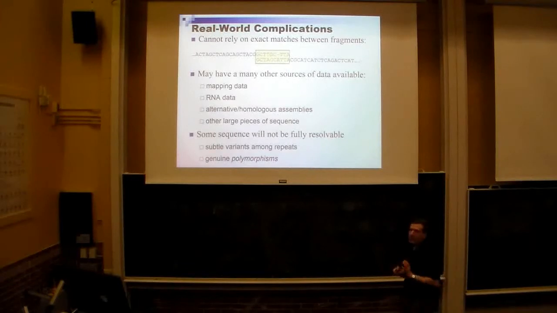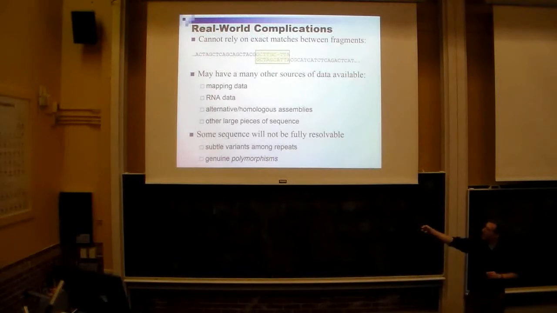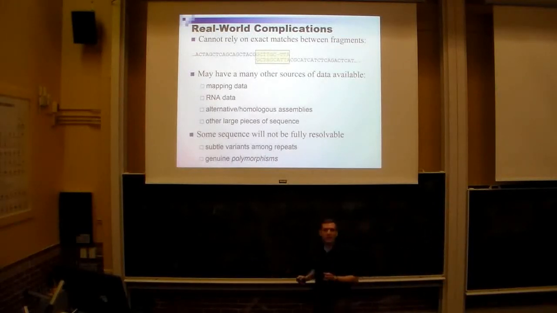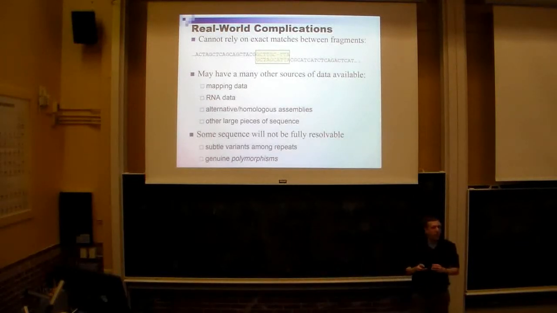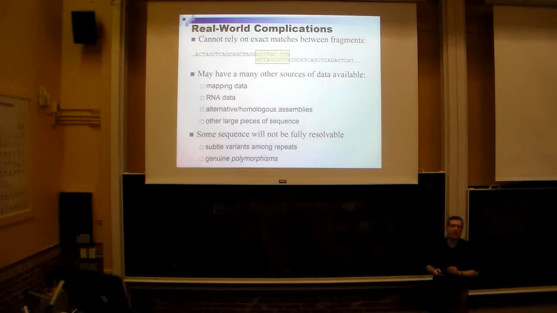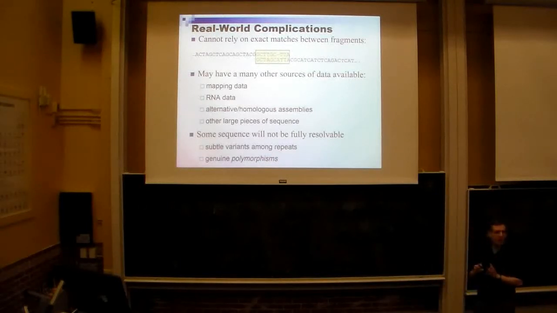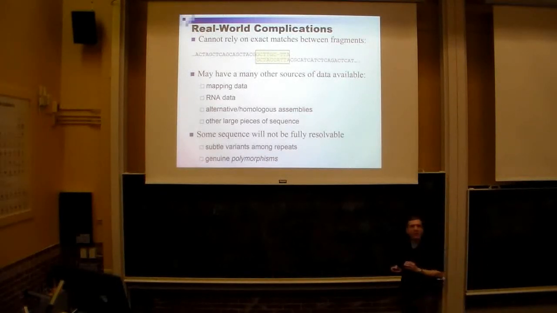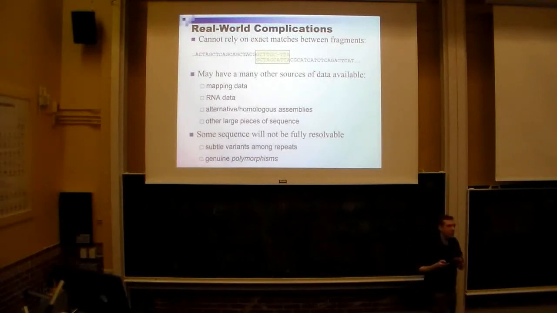And even at the end, even if you do everything correctly, you've filled in every part of your genome, you'll still have some things that are not entirely resolved. Repetitive regions are going to remain hard to resolve. Even a very well-studied genome like the human genome, we haven't completely assembled what's going on in repetitive regions, and this is probably going to continue for years, and we will keep discovering interesting things in those repetitive regions of the genome. So, for example, genomes tend to be very repetitive around the ends, so the telomeres, and the centers are called the centromeres. People are still discovering interesting things, even new genes, around the centromeres of the human genome